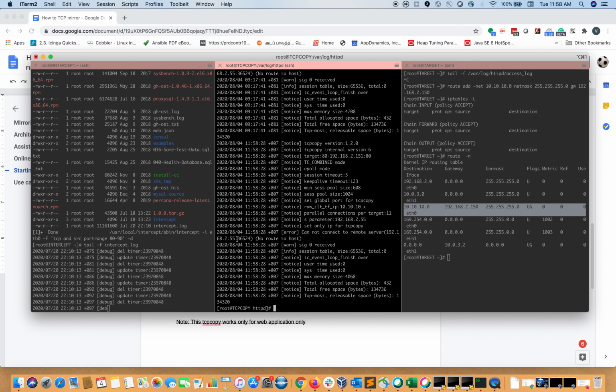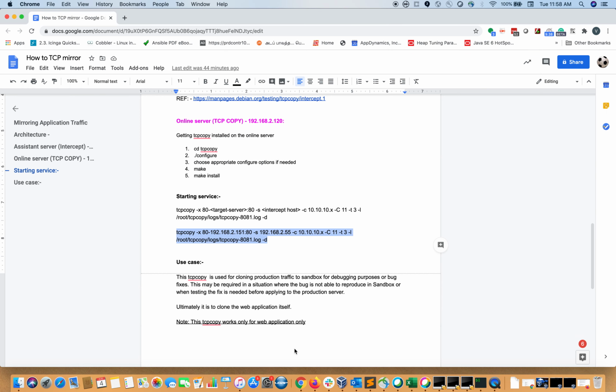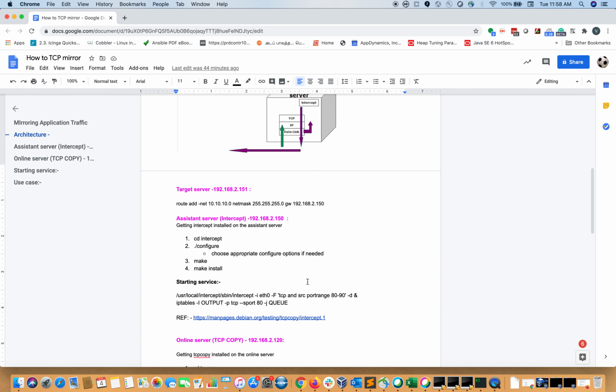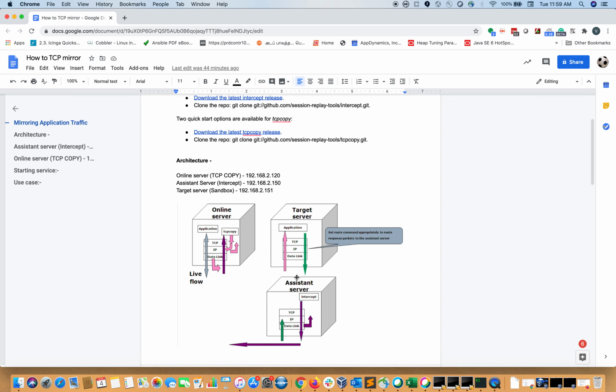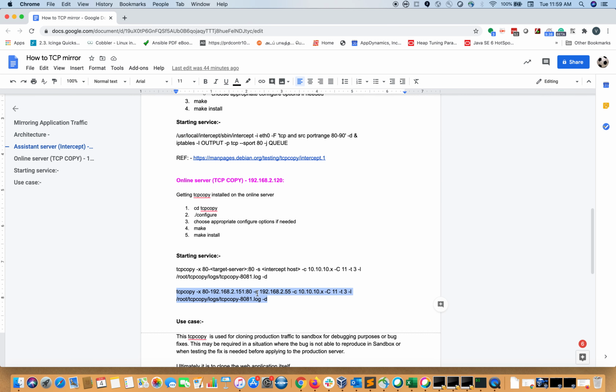Okay, I have a wrong command, 55, right? So I will change it. Here the assistant server is 150. Sorry for that. Here I need to change it to 150.